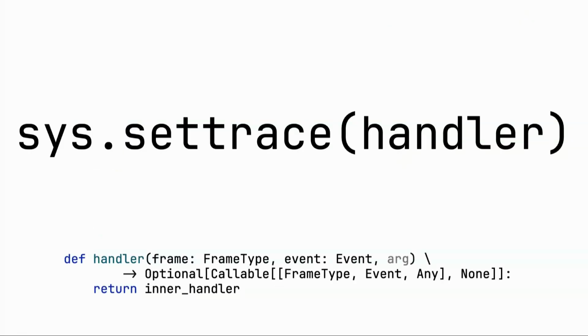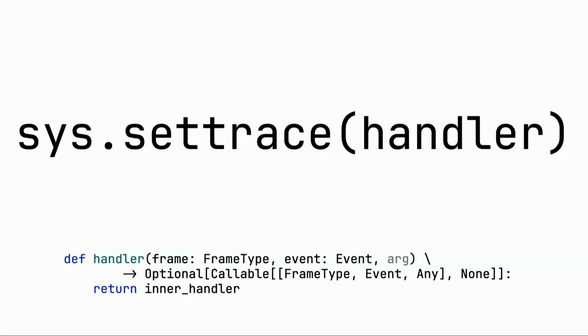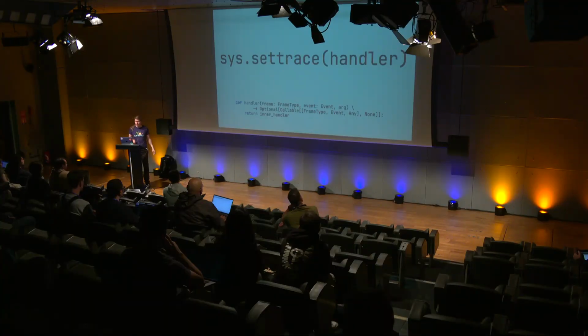But the cool thing is, the signature that I showed you before is not totally true. So it can either return none, which is like, oh yeah, please don't do anything in the method's body, but it can also return a callable. So the idea is that it returns in turn a handler that's then called on things like line and return. And the line things can return another handler, and that is for the opcodes. But we're not covering this here. We're only looking into line breakpoints. So that's pretty decent. And we can use this.